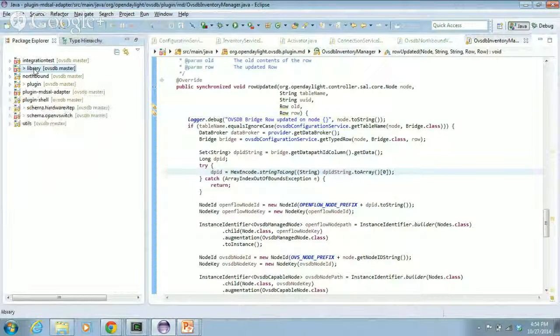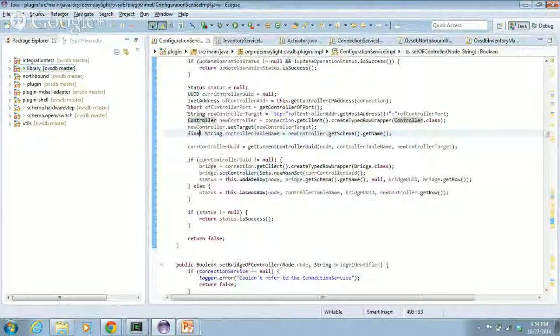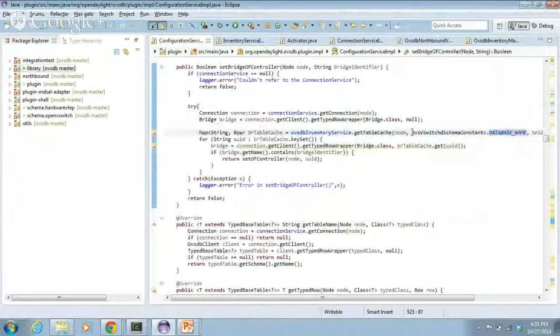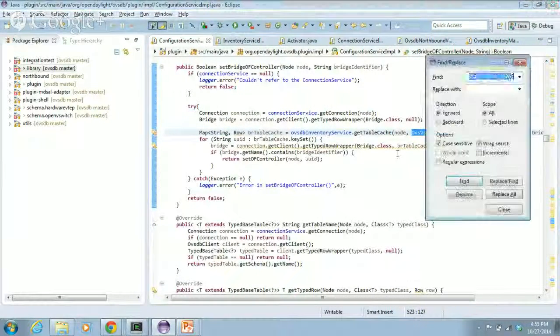And to be able to support hardware VTEP schema, there needs to be a lot of changes made in this configuration service to be able to handle that schema. For instance, here, all that you need to do is just do a search for vSwitch schema. Have a search for this vSwitchd schema constants database. That will show you all the places where